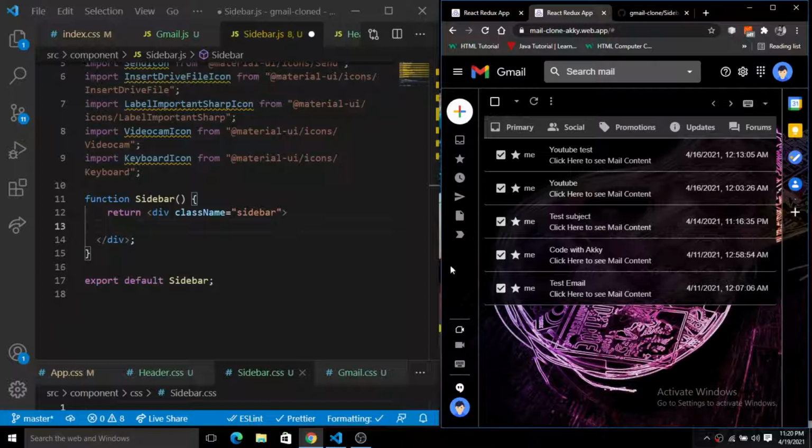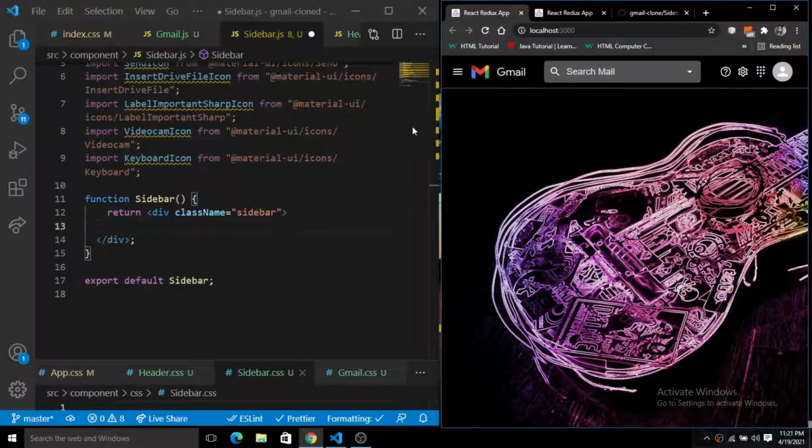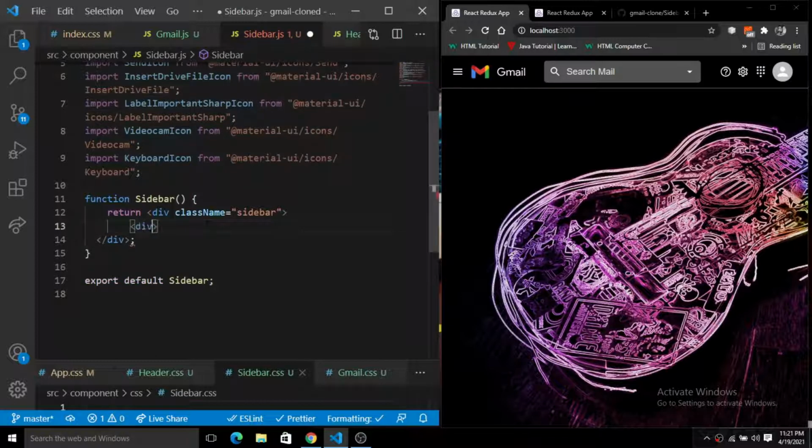The sidebar top will contain all the icons, and the sidebar bottom has the email, Meet, Google Meet, and the hangout and the avatar there. So we'll simply bifurcate this sidebar in two parts here, one the sidebar top and the second the sidebar bottom. So I'll simply create a div for the sidebar top.